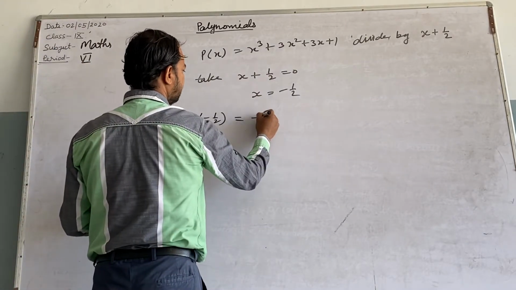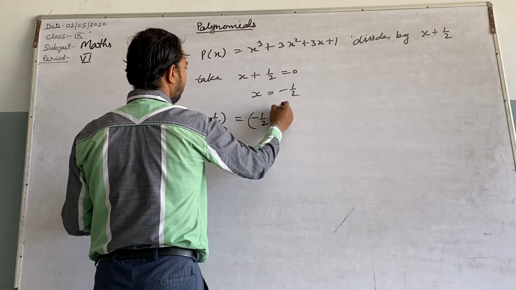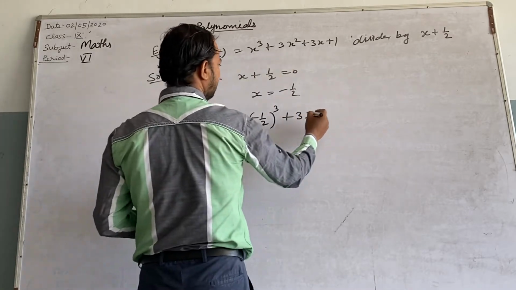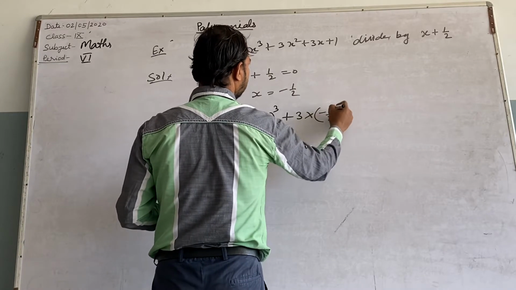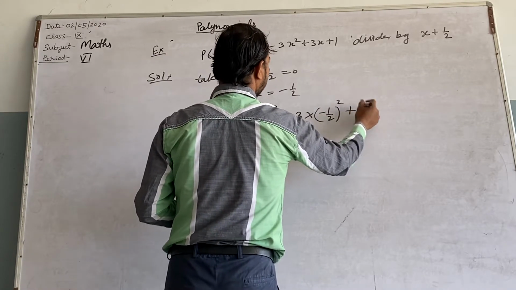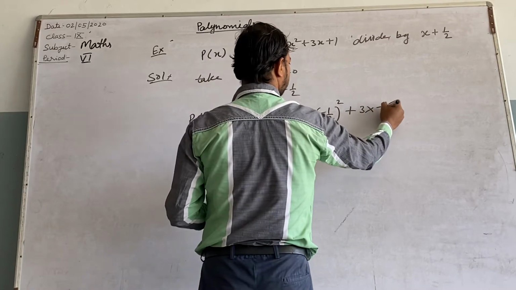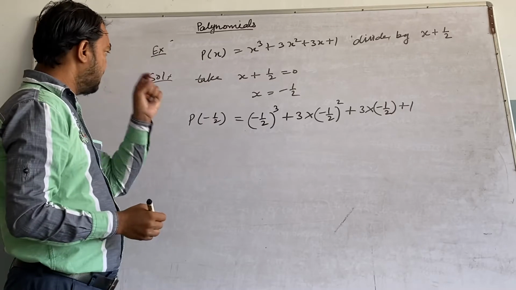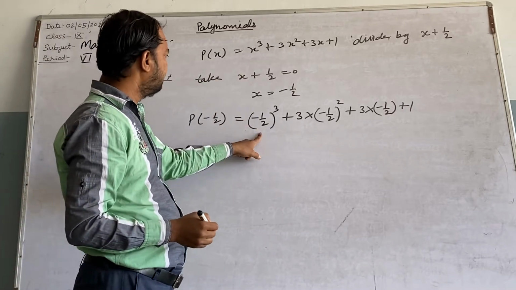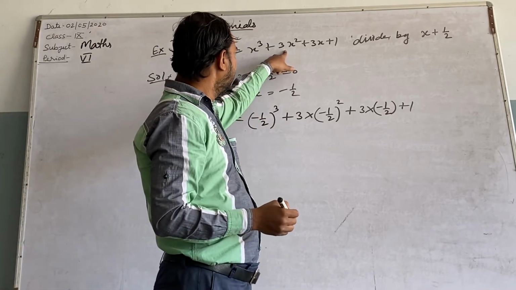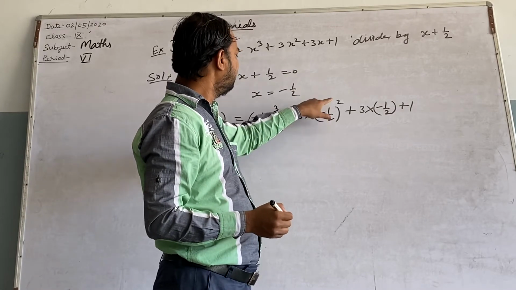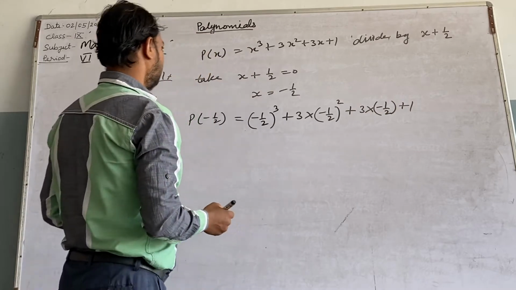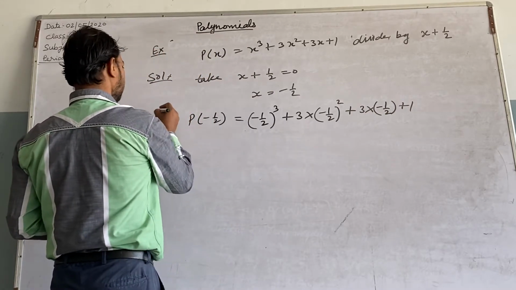x cube means (minus 1 by 2) whole cube, plus 3 into x square, means (minus 1 by 2) square, plus 3 into x, means minus 1 by 2, plus 1. Right? x cube, x means minus 1 by 2; 3 into (minus 1 upon 2) whole square, plus 3 into minus 1 upon 2, plus 1, right? We can say here, put